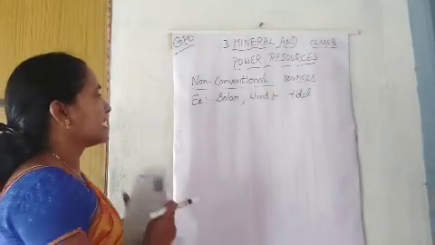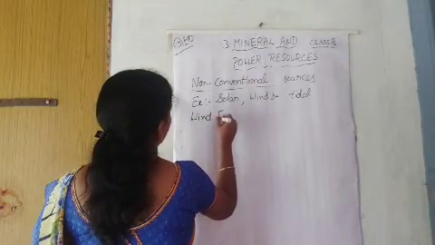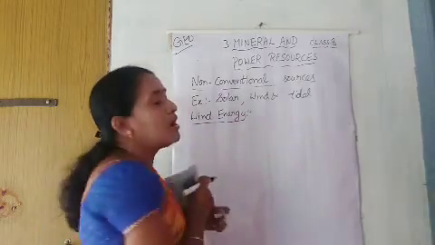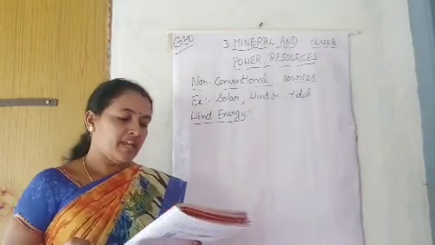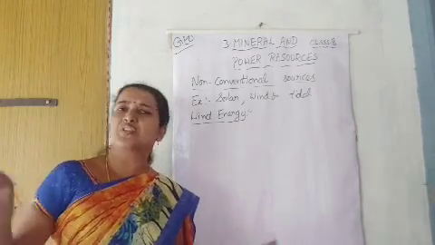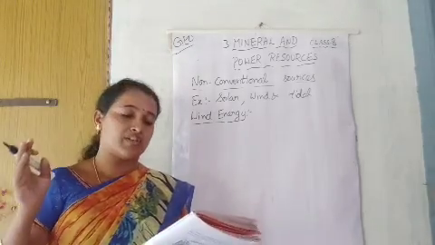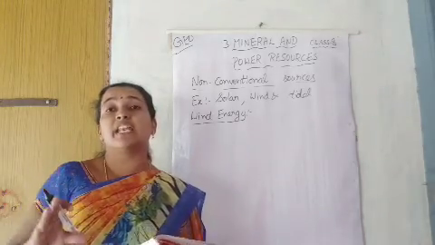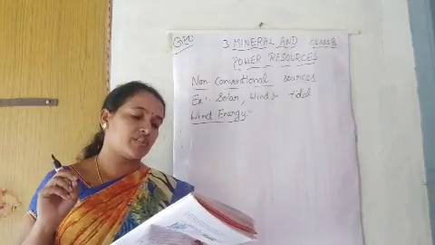So that is about solar energy. Next one is wind energy. Second one is wind energy. So how to produce energy with this wind? Let's see. Wind is an inexhaustible source of energy. Continuously air will come, winds will come. Moving air is called wind. So winds will blow continuously. So here wind is inexhaustible, never ending. There is no end. It never completes. It's a continuous source of energy.